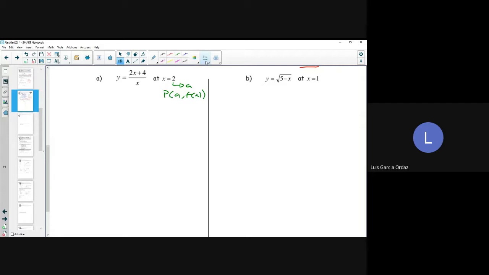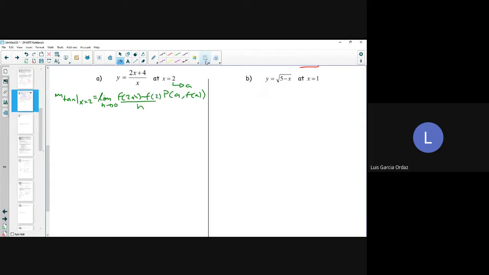So we're going to find the slope of the tangent where x is equal to 2, which means I have to find my limit as h approaches 0 of f of 2 plus h minus f at 2